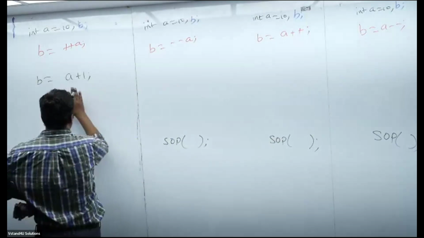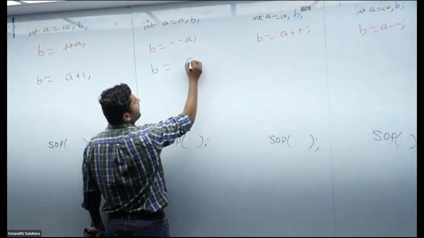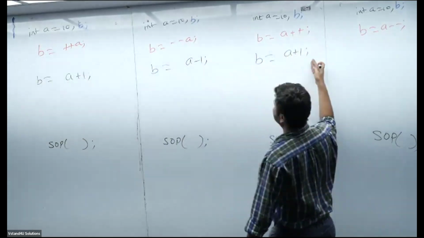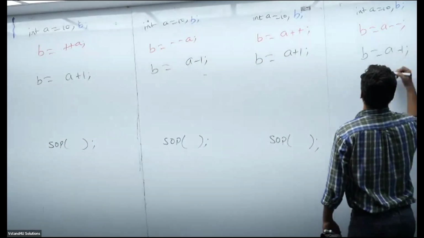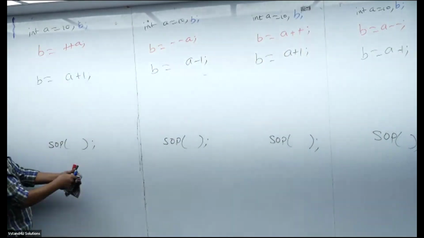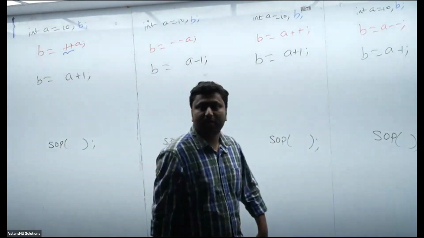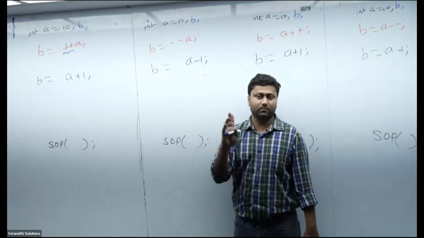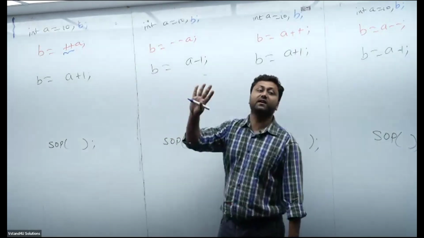Agree? Moving forward. Plus A means over here A+1, and B equal to minus minus A means A minus 1. Incrementation means +1. Decrementation means -1. Agree? Whether it is pre or post, same thing. Moving forward, sir. Pay attention now. Which one are you talking about, pre or post? Pre-incrementation, pre-operators. Both are pre here. Pre-incrementation or pre-decrementation, both say what?